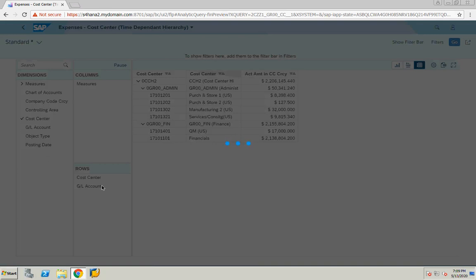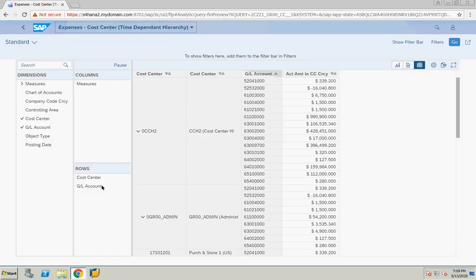So I have to use those semantic objects when developing my custom analytical query. All the relevant drill down reports, you will get an option here, jump to. From here you can jump to that particular drill down. There is a configuration involved for that, which is part of embedded analytics. If you configure that one, it will work. Now I have not configured, that's why you don't see jump to.